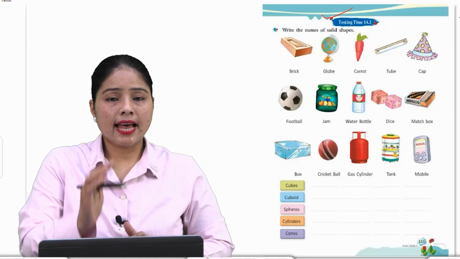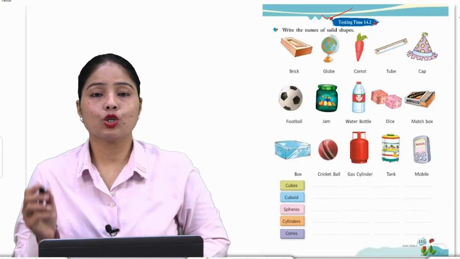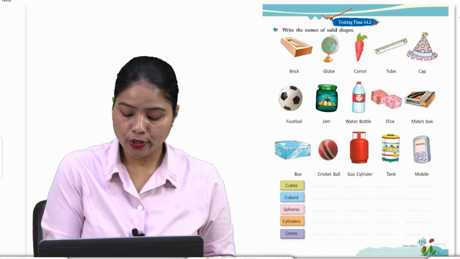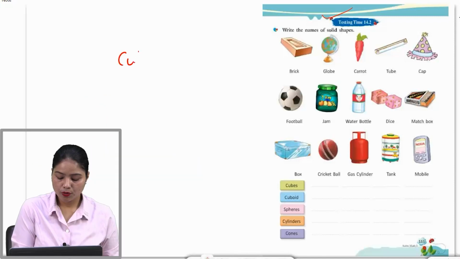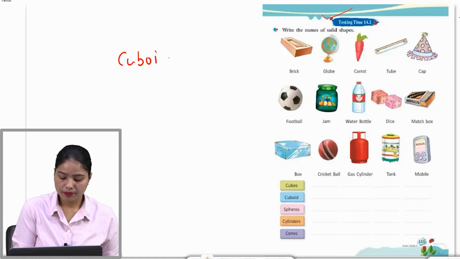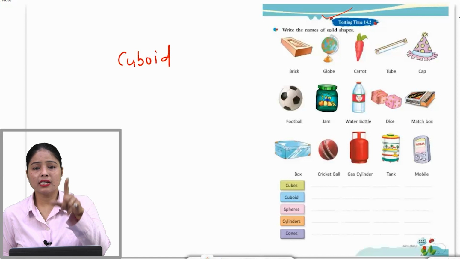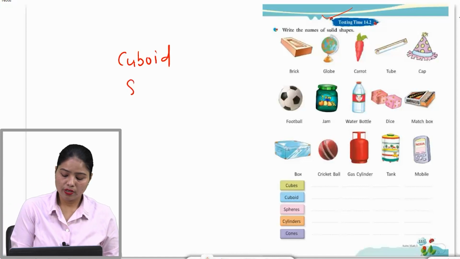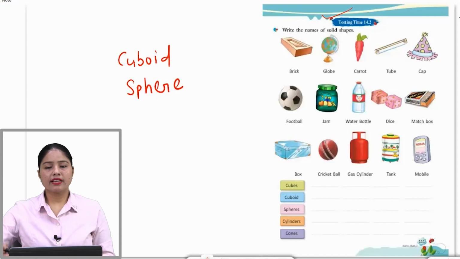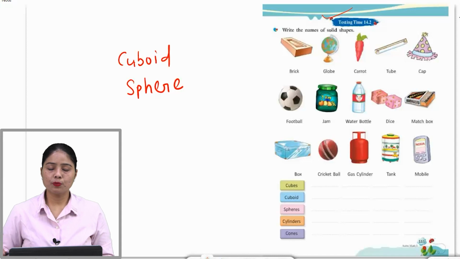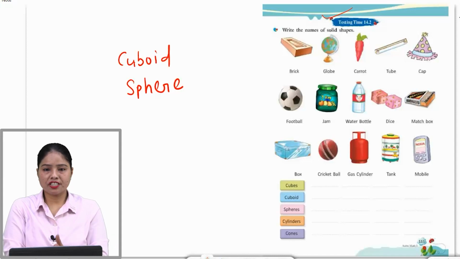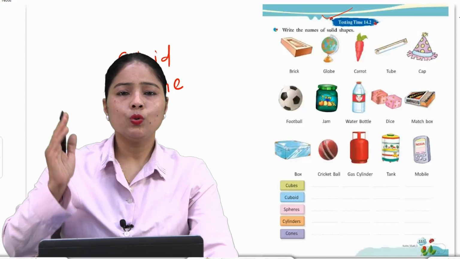So brick is as like a yes, cuboid. So write it cuboid here. Second one is किससे familiar है ये हमारा? Sphere. So write it sphere. Then carrot जिससे भी हमारा resemble होता है. Then tube, then cap, then football. So write their solid shapes yourselves. Okay. So I hope you understood well. So now next,